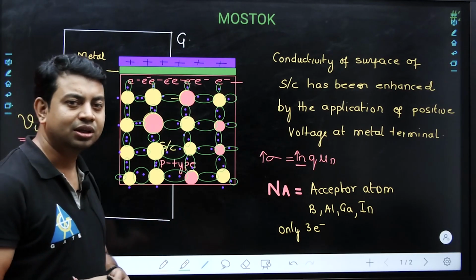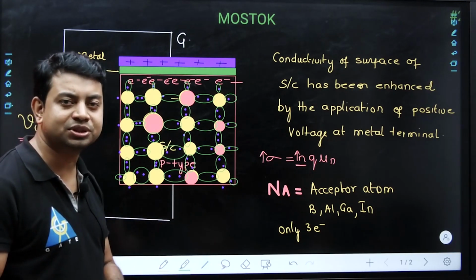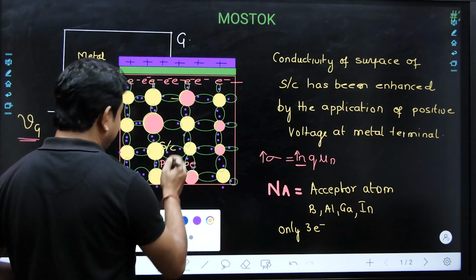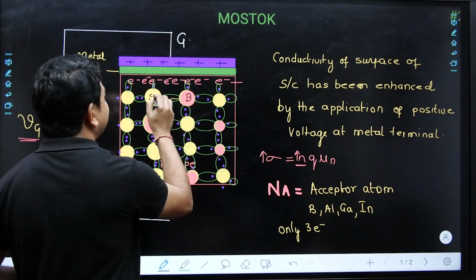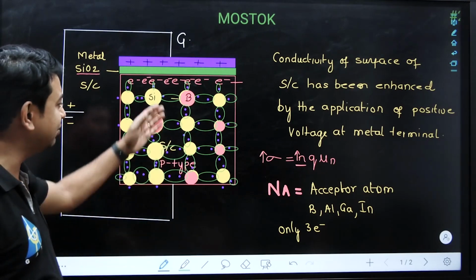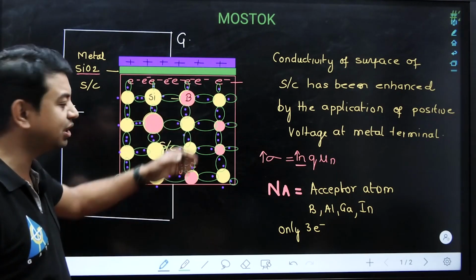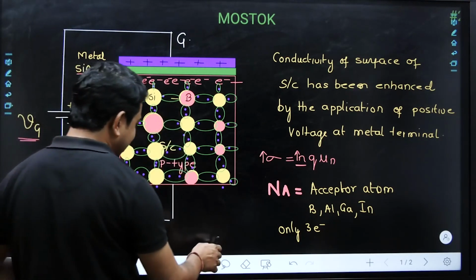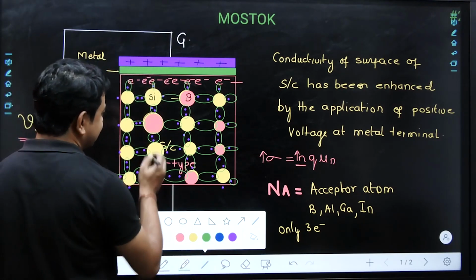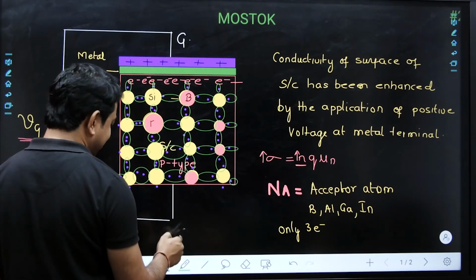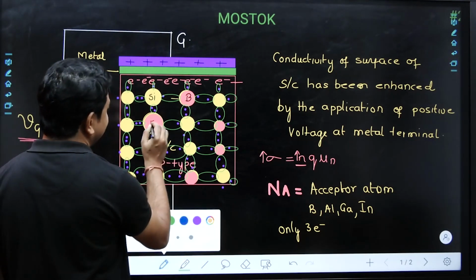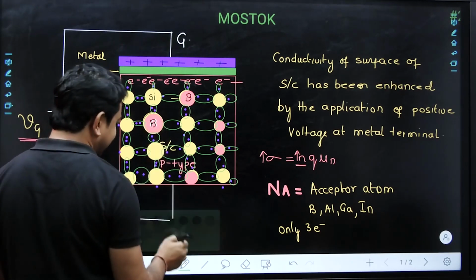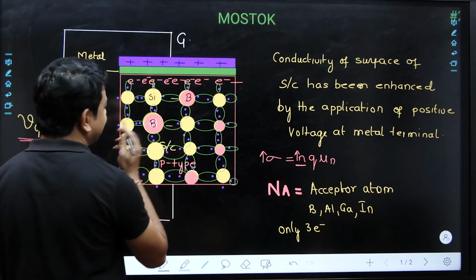This is the speciality of acceptor atoms: whenever this is making a bond with silicon, this is actually the boron atom, and if this boron atom is making a bond with silicon, then definitely there must be a vacant space at which this boron atom can accept an electron. This particular space is known as a hole. So every time we have a boron atom like this, here we changed the color, then we must have a boron atom here. I just write boron, and if you have a boron atom here, then definitely we have one more vacancy, and that vacancy can be replaced by an electron.